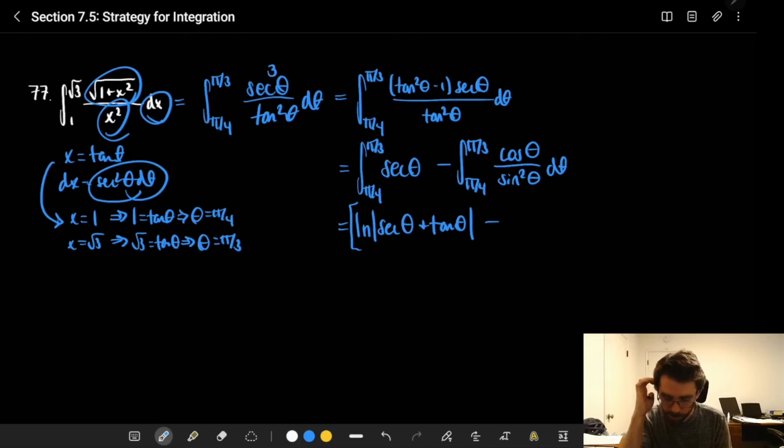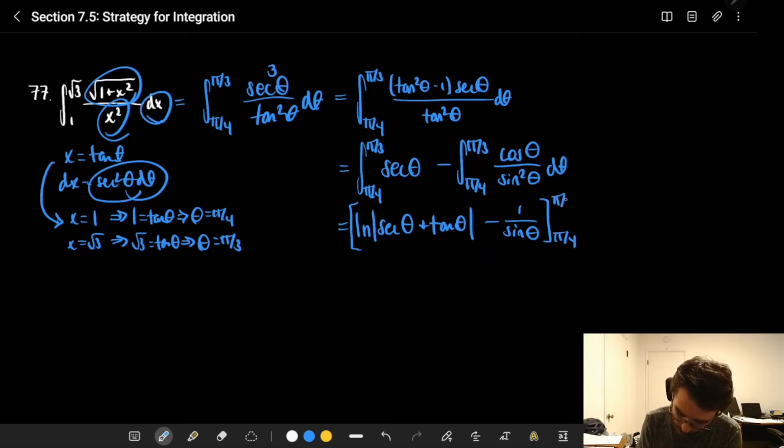Sneaky u sub, that's 1 over u squared du. That's u to the negative 2 du. That integrates to u to the negative 1 over negative 1, but there's already a negative, so that's 1 over u. And u is sine, so that's 1 over sine. I'm not even going to write that as cosecant because that would be annoying. And then you plug in a bunch of stuff, right? So